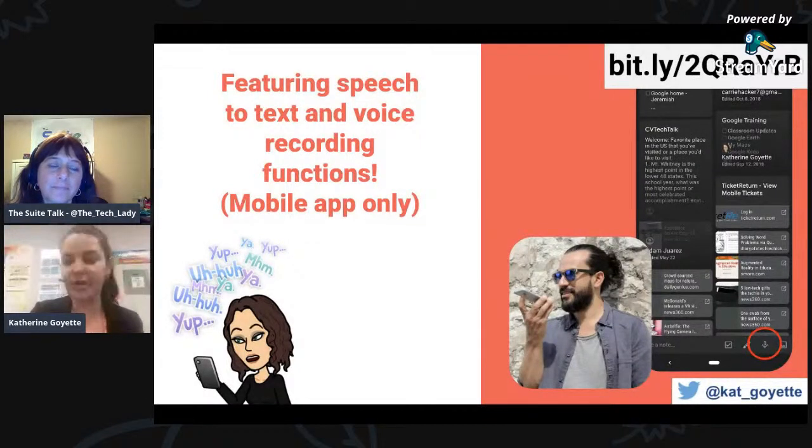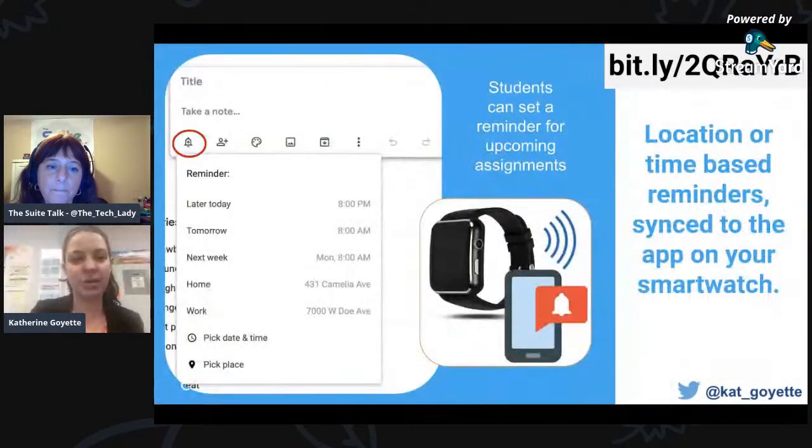The other cool thing about the mobile app that is not the case on the browser is, if you have a mobile phone or watch and you have the app on your phone, you can set a reminder and you will get a notification on your phone and/or watch about whatever it is that you need to do.